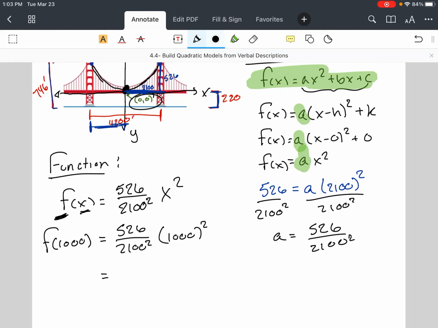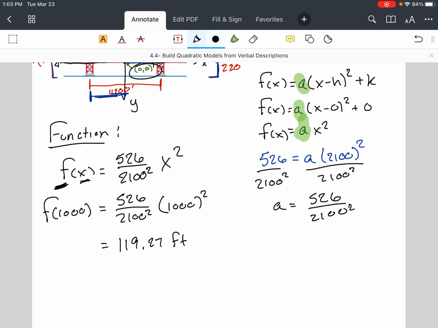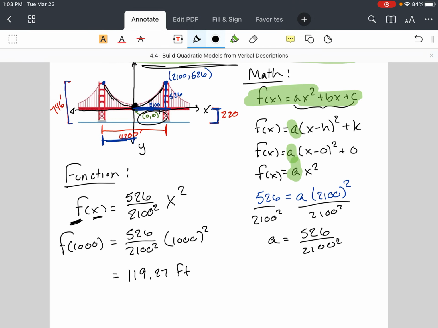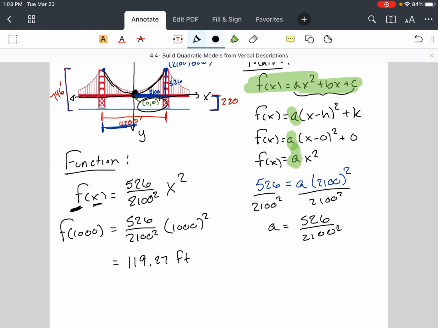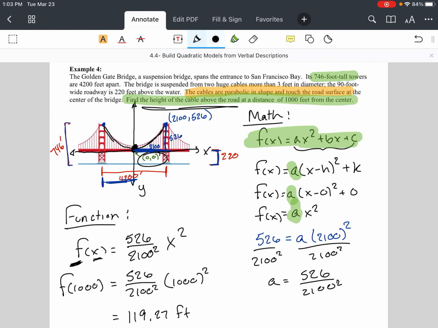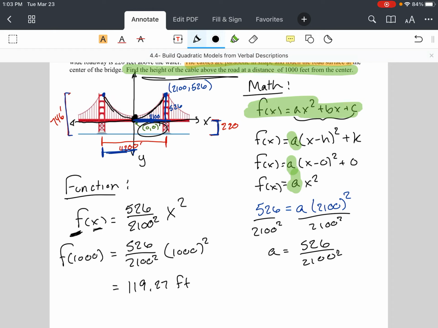Okay, I'll give you guys a second to calculate this. But when you do, the height of the cable is about 119 feet. Okay, and that's it. In class we'll talk about interpretation. I do want you to be able to interpret this. I'll give it to you in words, but I'm not going to write it down. So if I were to interpret this, I would say at 1,000 feet from the center of the bridge, the length of the cable you can expect it to be about 119